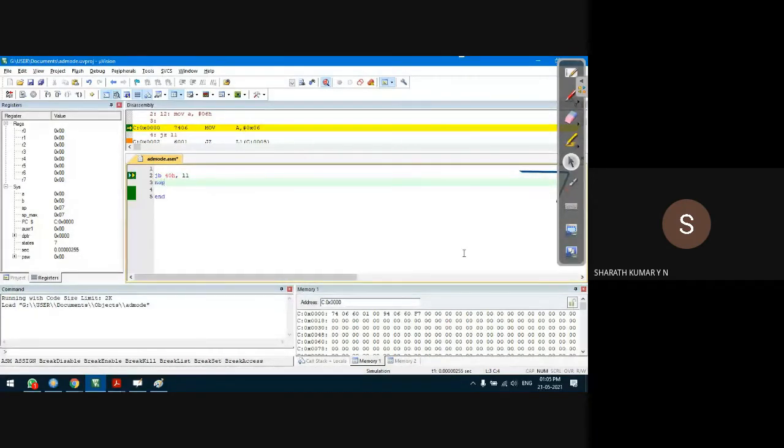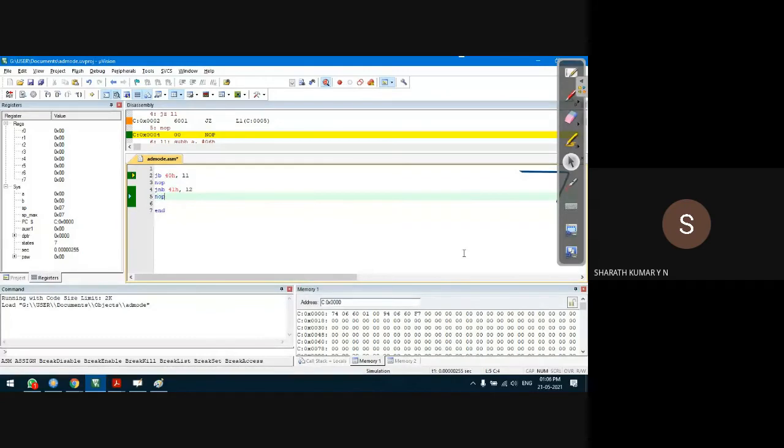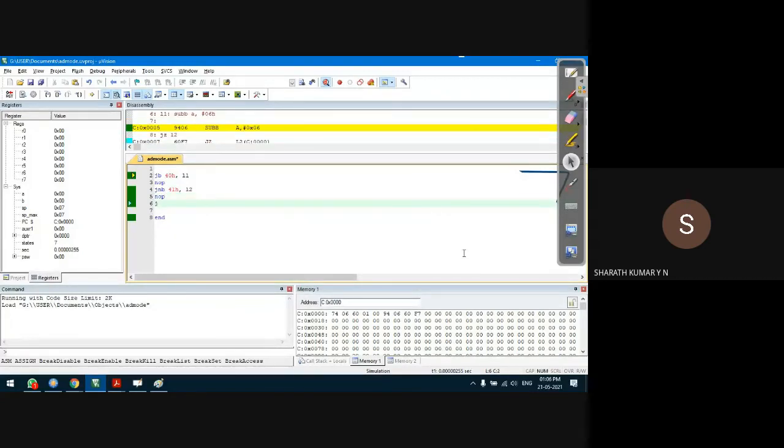NOP, because I don't want to use any other instruction here. Jump if not bit, 41H to L2. Then NOP, jump if bit is set to 1 and clear the flag, 47H, for example, 47H, comma L3. What is L1, L2, L3?